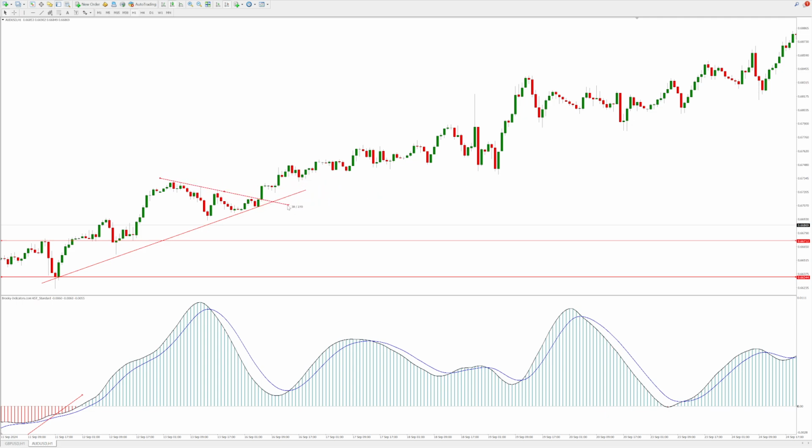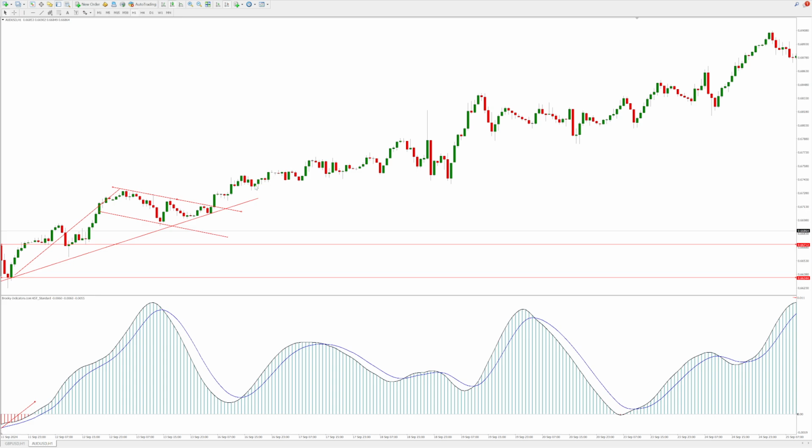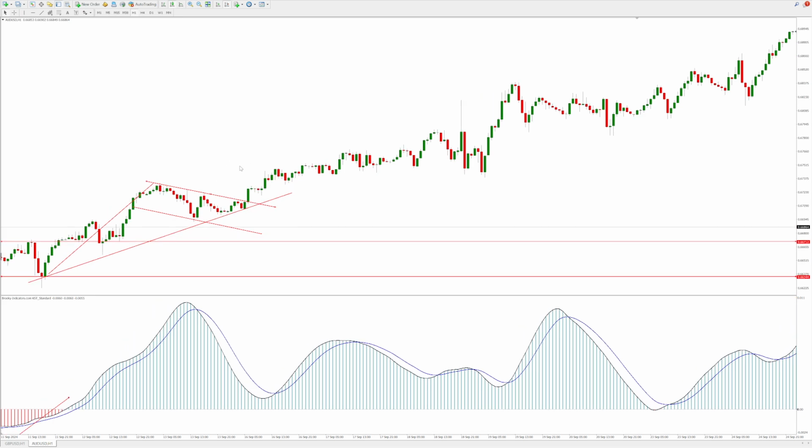Some may argue this particular almost half a diamond formation here, we had the breakout there. In fact, that could be construed as a bullish flag and a breakout there, which, you know, the KST oscillator, as with all indicators, can be lagging. You may have missed this opportunity if you were using the indicator blindly as is. That being said, there will be instances where it perhaps keeps you out of trouble if you're thinking of a trade. I just think nothing beats price action analysis, as it tells you exactly what price is doing at any given moment. So if you're aware of that, along with your candlestick patterns,